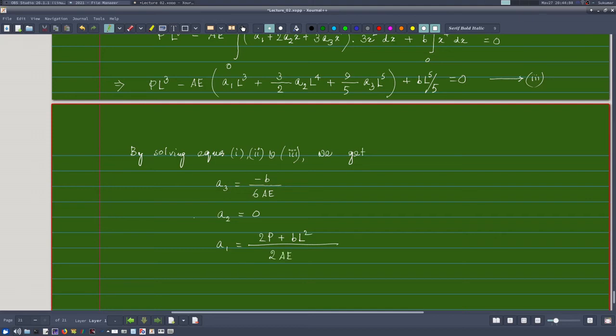So these results we can find out by solving these equations 1, 2 and 3. All right. So let us box these results,